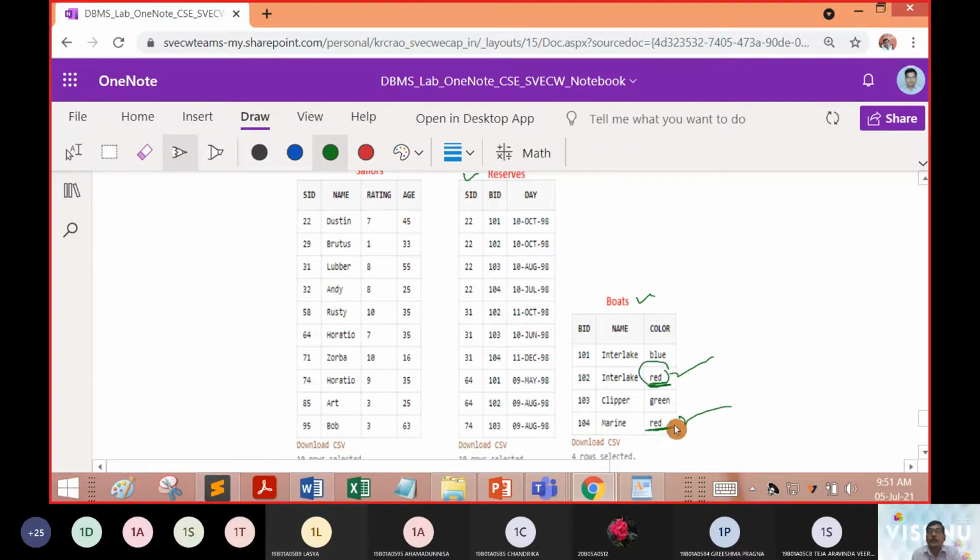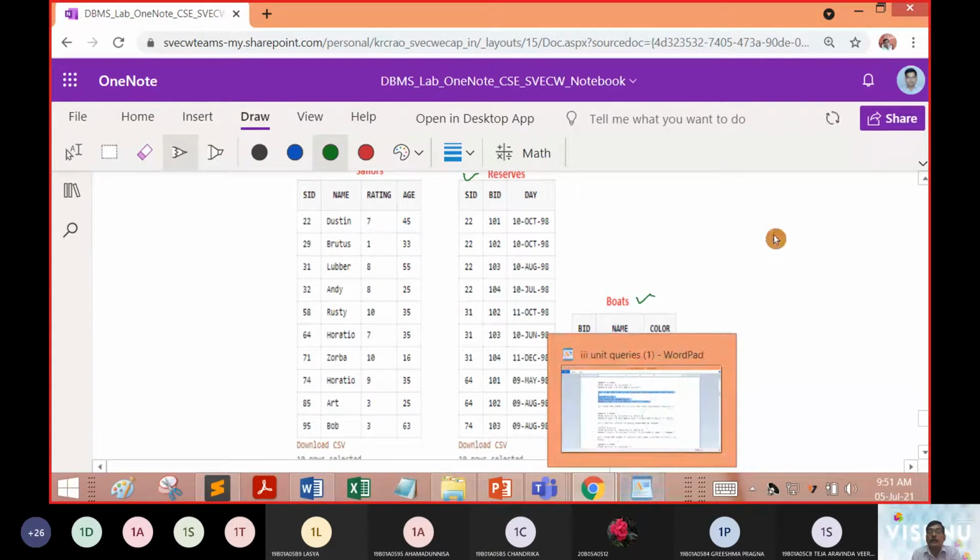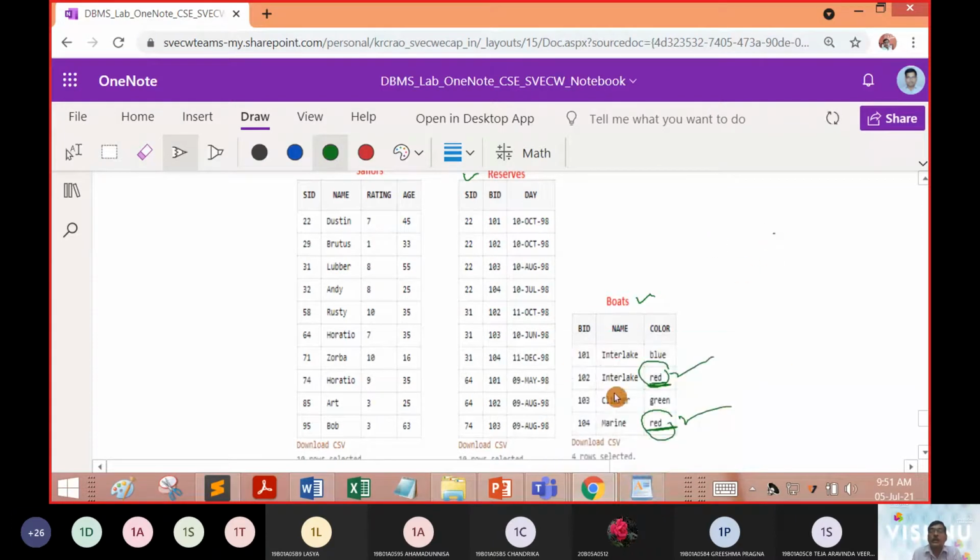So red color boats have to be reserved. Now what is the ID of that red color boat? The ID of the red color boat was 102, and the ID of the red color boat was 104. Now what we have to do is see the commonalities between the reserves table and the boats table.